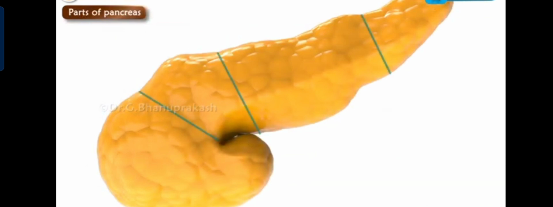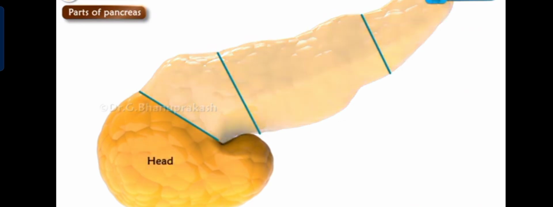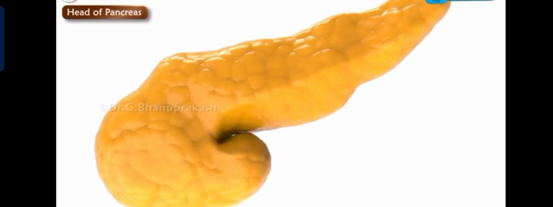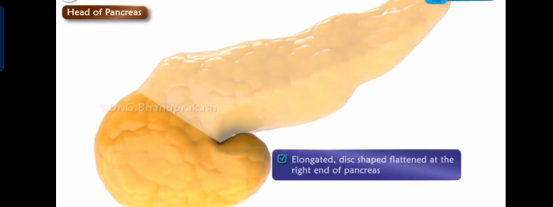Now the pancreas is divided into various parts for better understanding. So here first is the head portion, second is the neck, then the body and the terminal part is the tail. These are the 4 parts of the pancreas. Now we will discuss the head of the pancreas. It is elongated, disc shaped, flattened at the right end of the pancreas